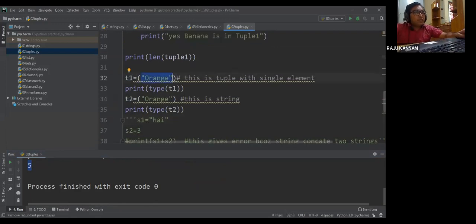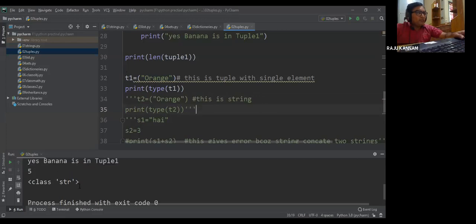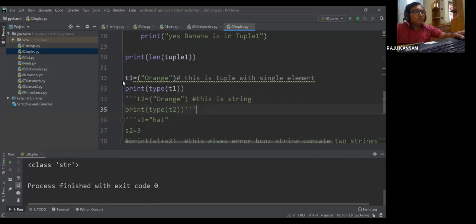I'm taking only one element, and it will print that element. Only orange is stored in t1. I'm using the normal brackets, but still, I'm printing the type of t1. What is the type of t1? The type of t1 you are getting is string.